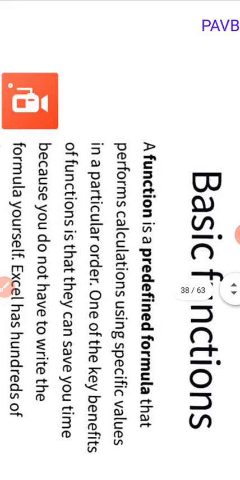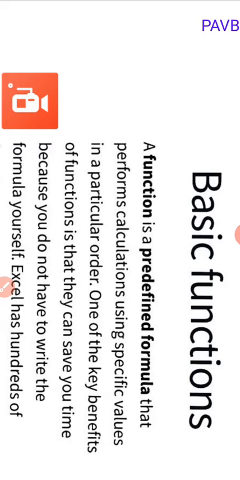Next one is function. A function is a predefined formula that performs calculations using specific values in a particular order. What is a predefined formula? The formula is already set inside the computer. We put in the values using this formula, and we can get the result.